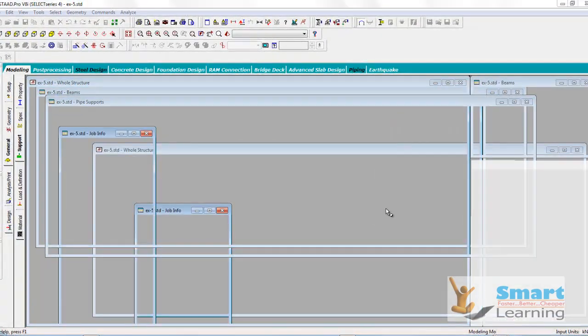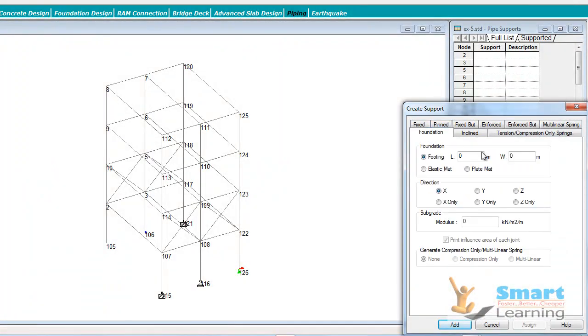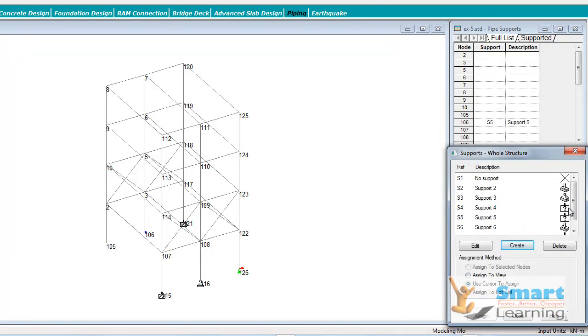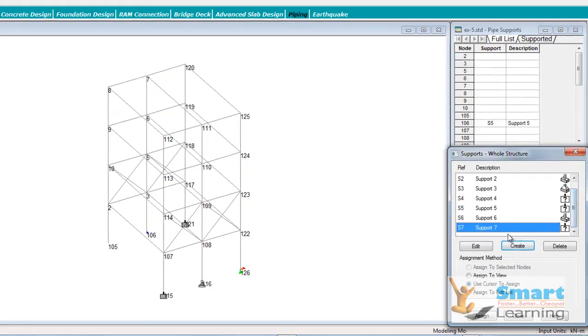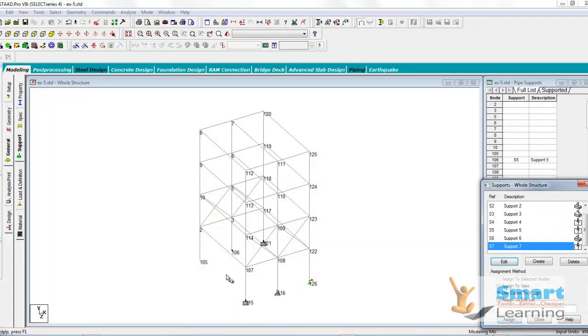So typically you can find what is the code for a particular type. You may be interested in the foundation, where I'm looking at a particular length 2 meter by 1 meter, and you can give a particular modulus for that. So what is the kilonewton per meter square per meter, in which direction? I am looking at y direction. Add. So what the code that will be generated, that you can see. So these are the different supports which you can see. You can edit this, and you can see all this information, and when you are interested to apply at a particular point,